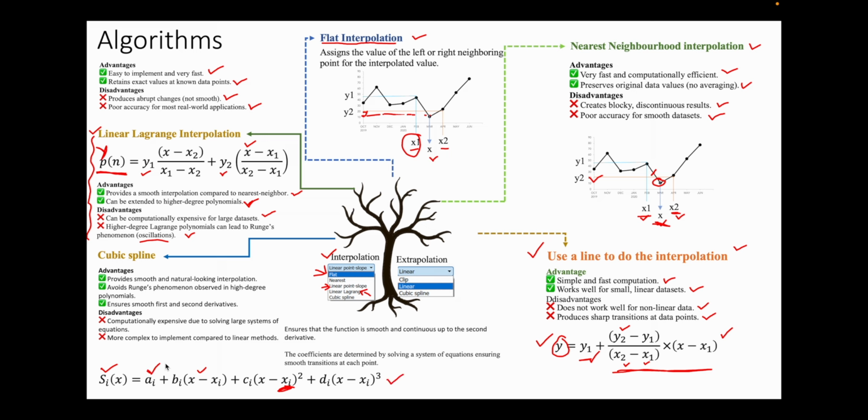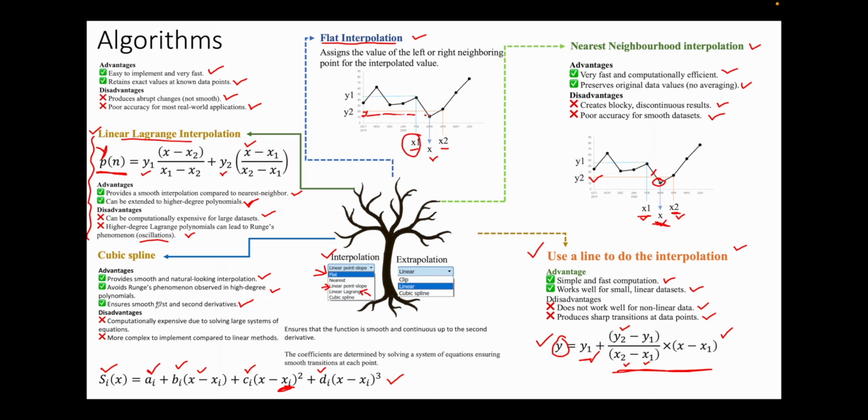So ai, bi, ci, and di are the coefficients that it tunes. It is advantageous because it provides a smooth and natural interpolation, avoids the oscillations created by the Lagrange one, and also ensures a very smooth